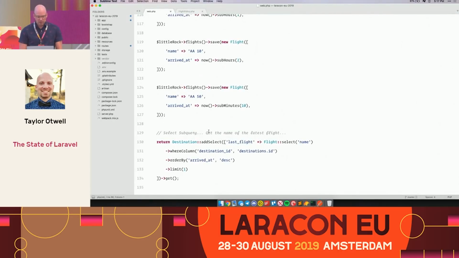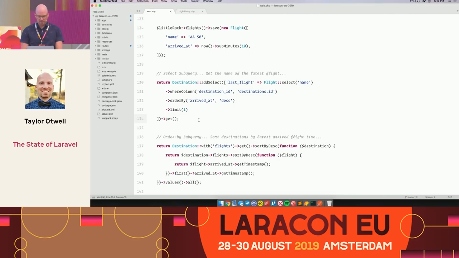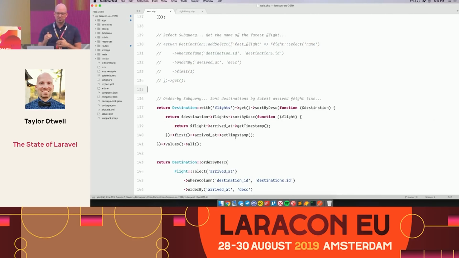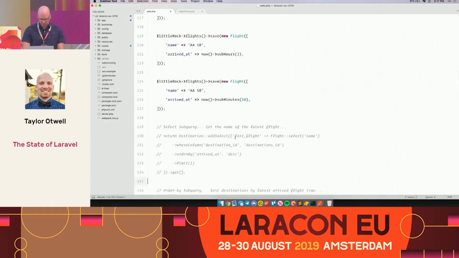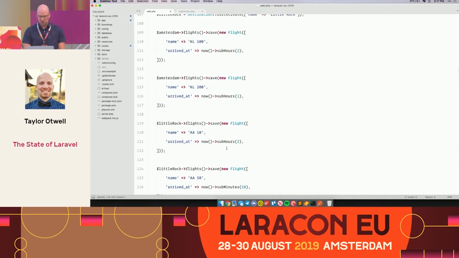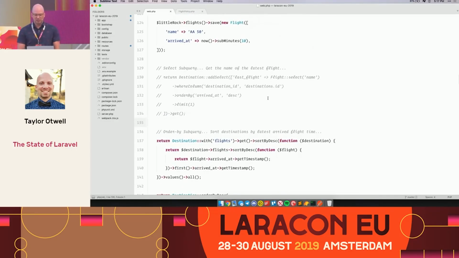All right, so that's a select subquery. Now we also added order by subqueries. So in this example, we want to sort the destinations by their latest arrived flight time. It looks like Little Rock has the latest arrived flight because it arrived 10 minutes ago, and both of the Amsterdam flights arrived at least 1 hour ago. So we would expect to get Little Rock first and then Amsterdam because it had the flight that arrived the